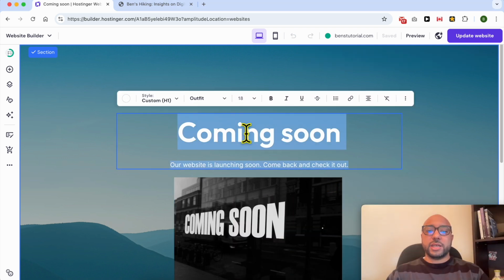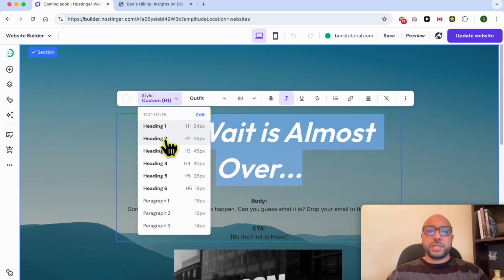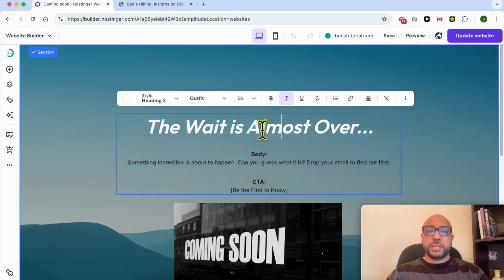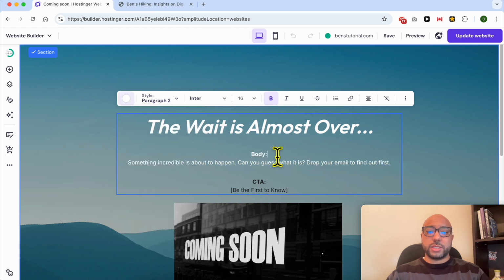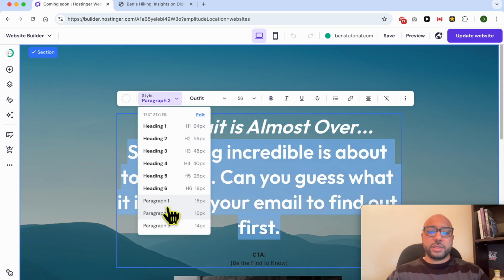Now, I have a little copy, or text, that I want to use. This is my copy. I will make this title a little bit smaller. Let's keep it white. Same thing for this body text. I will turn it to the white color. Let's delete this phrase and make